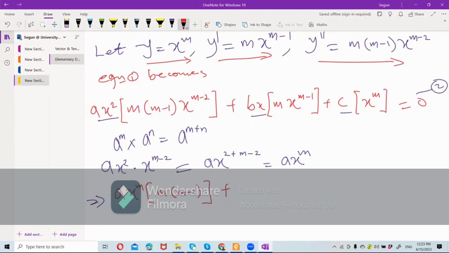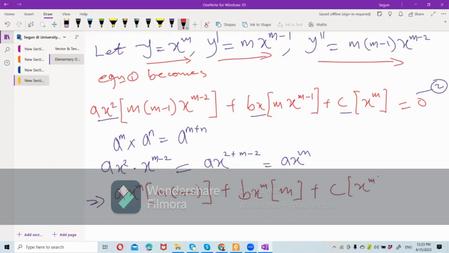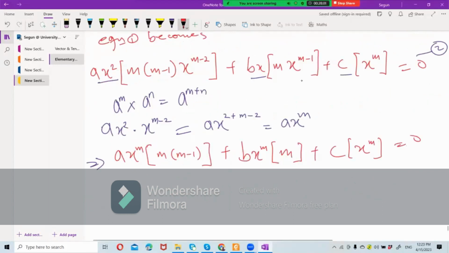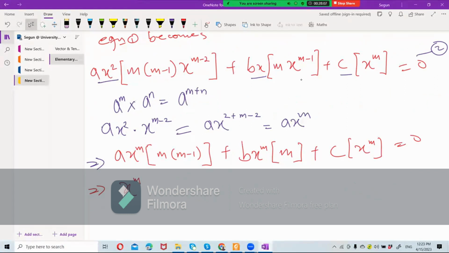plus, you do the same thing to this one. You have b x raised to power m, so you have m, plus c into x raised to power m equals to 0. So at the end of the day, we have here x raised to power m in brackets m minus 1, plus